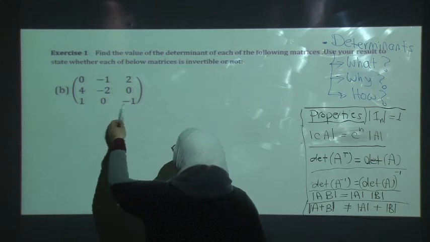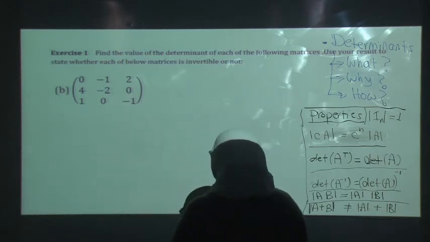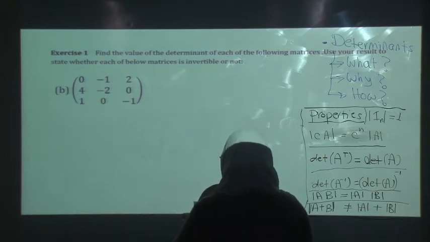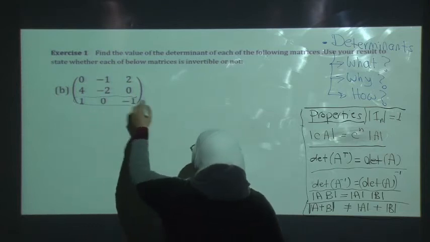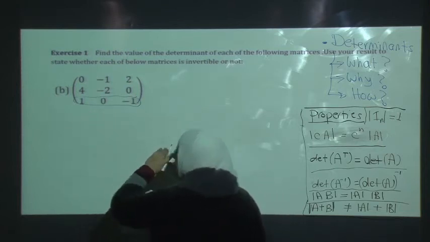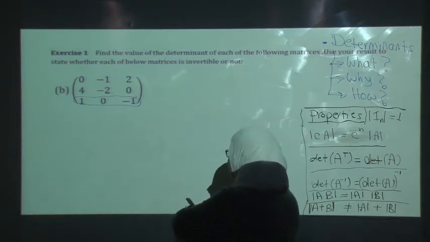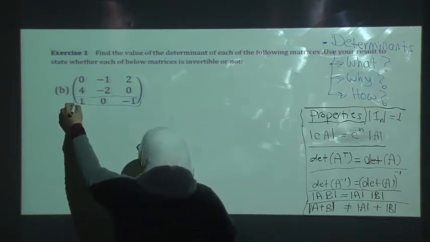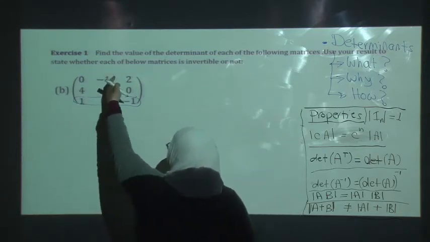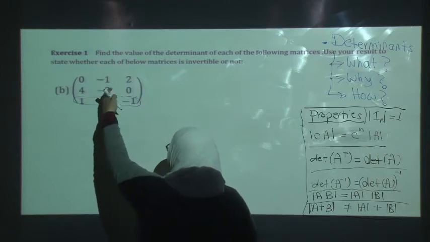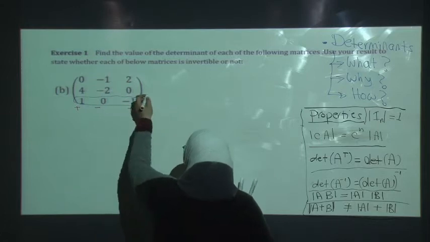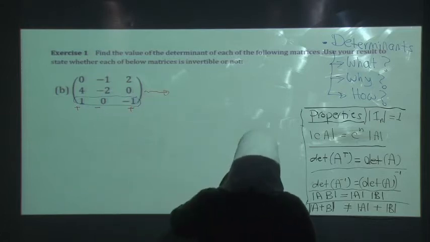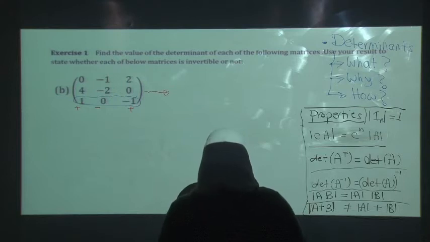We may use the last row as well, because we have here 1, 0, and -1, which are simpler numbers. Okay, let's indicate the signs before we work. Write it with your pencil beside. So we have positive, negative, positive, negative, positive, negative. So it's positive, negative, positive, and the determinant will be deduced as